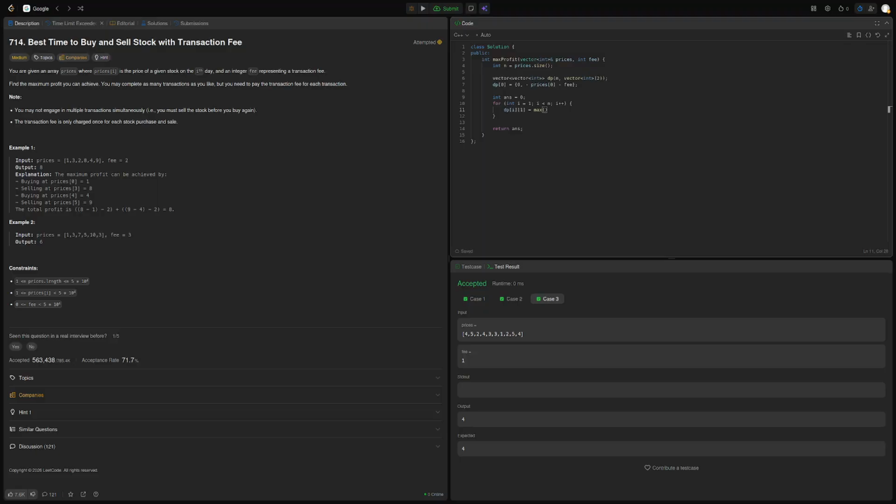Well, if I held the stock on the previous day, nothing changes, right? But if I did not hold stock on the previous day, which is this case, then we started holding on this day, so we have to subtract what prices